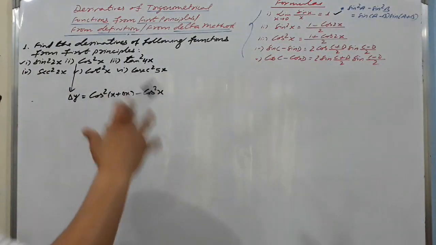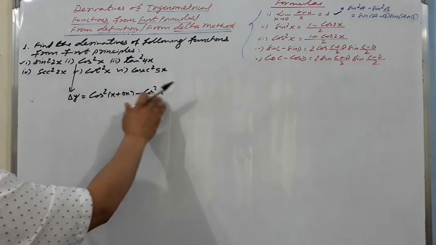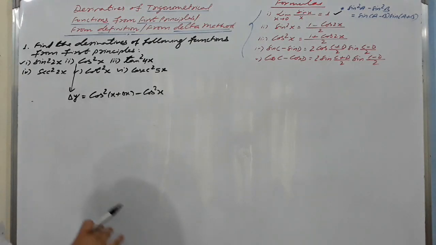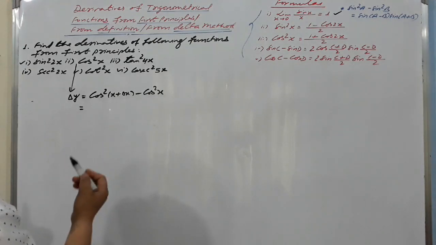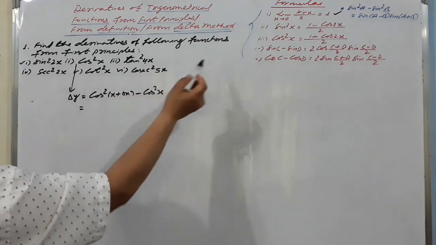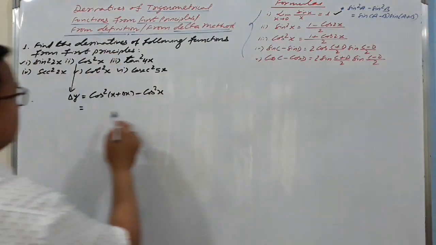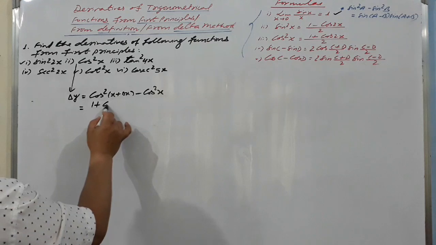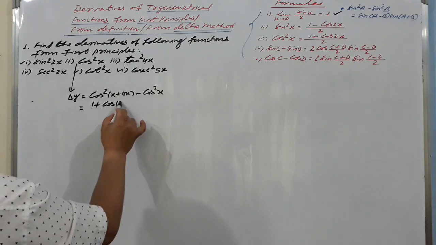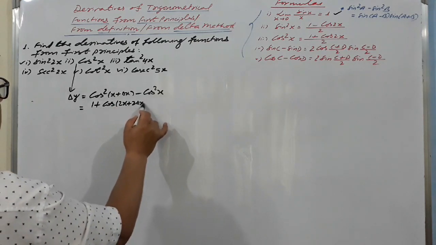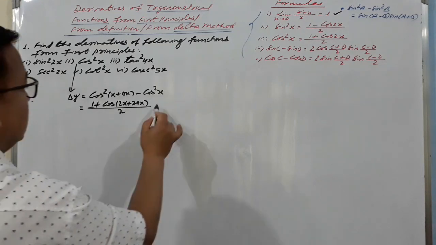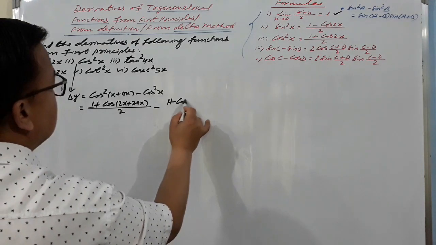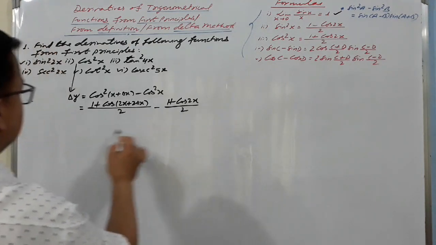For this it doesn't work, cos of a minus b, cos of a plus b, you can't write down. So for this you will use this one formula. What is cos square x? Cos square x means (1 plus cos 2x) over 2. So we have (1 plus cos of (2x plus 2 delta x)) over 2 minus (1 plus cos 2x) over 2